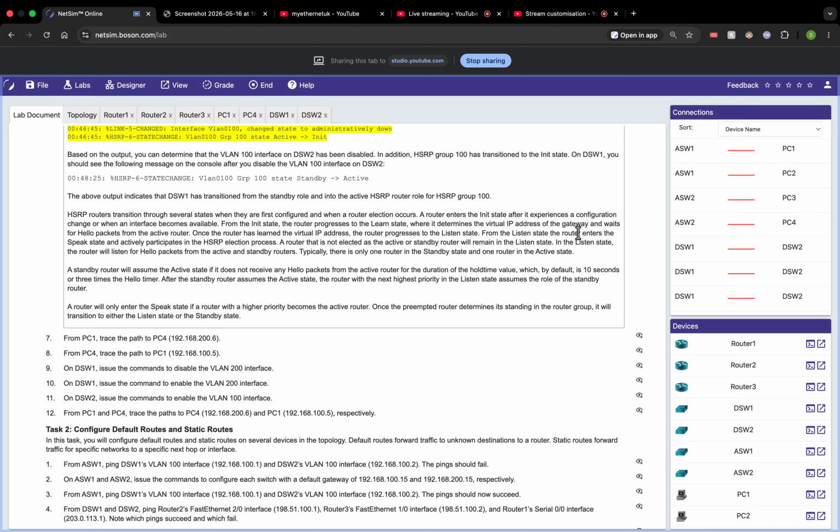So the above output indicates that DSW1 has transitioned from the standby role into the active HSRP router role for group 100. If you go to DSW1 now, you can see VLAN 100. We can see it's changed from standby to active. So it's now the active for both. If you were just to do show standby,